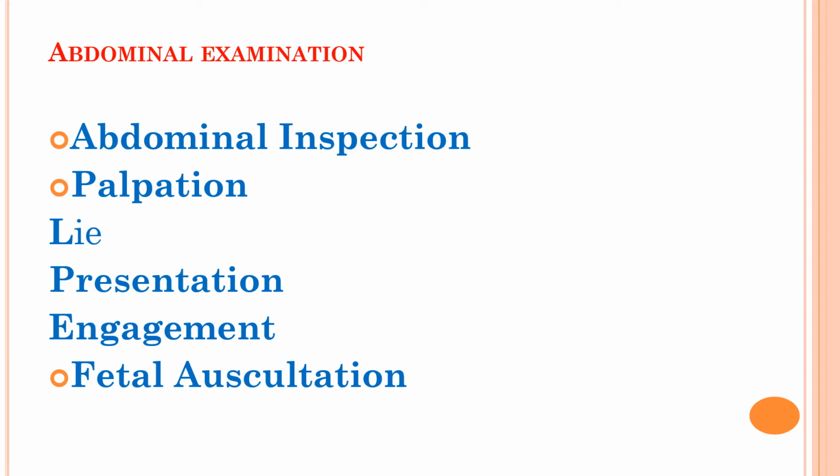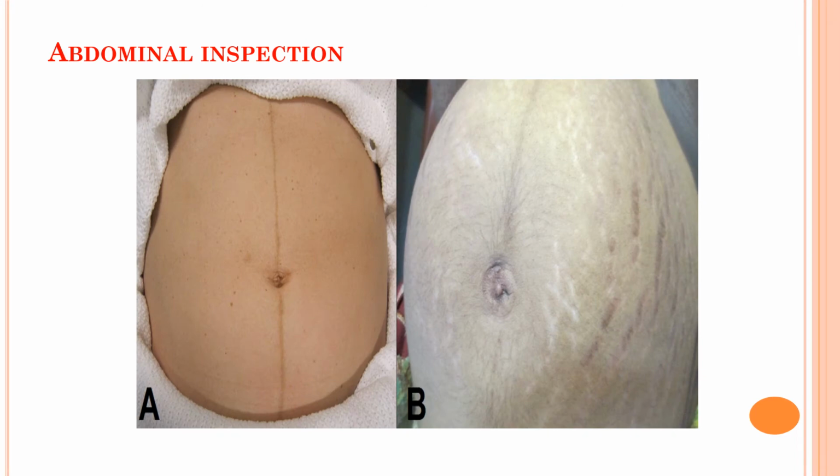Inspection, palpation, and the last one, auscultation. What are you expected to do under abdominal inspection? Look at this diagram. You may need to observe for the distension of the abdomen if it is compatible with the gestational age of the pregnancy. If the pregnancy is greater than 24 weeks, you can